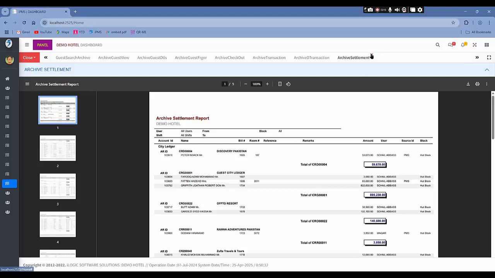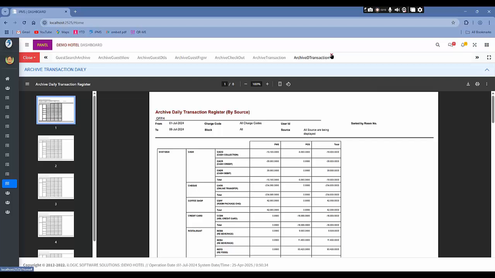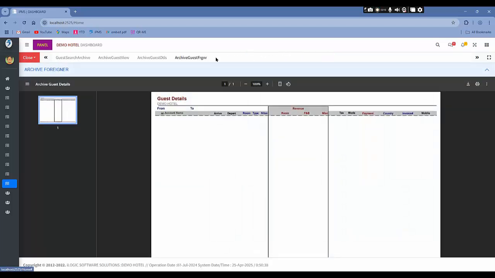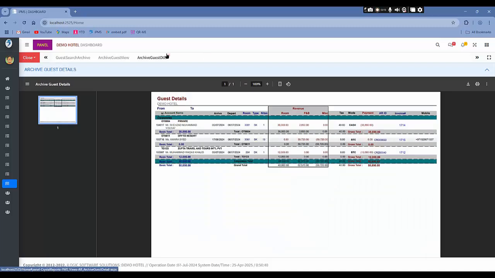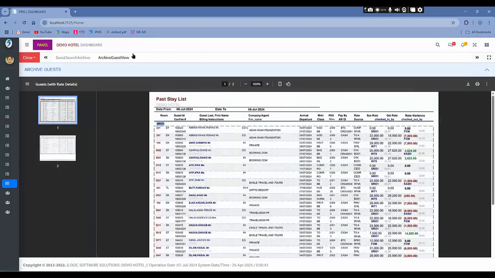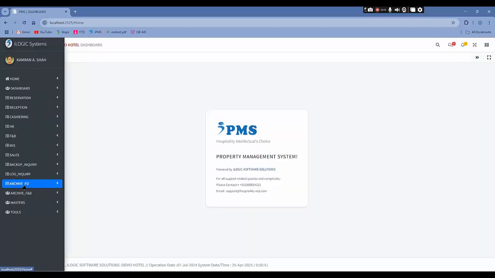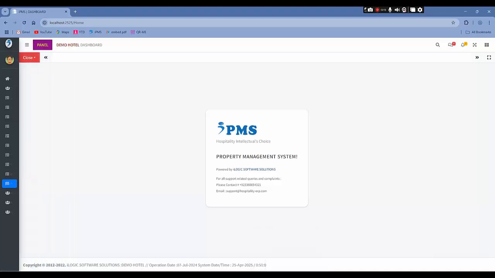I believe that all these reports which I am going to show you, all the data will be very useful for the handling of the routine operation or for the financial point of view when you are analyzing your report for the full month. So you can follow this section. That one is archive front office, and the another section which we usually use along with that one, I usually call that section